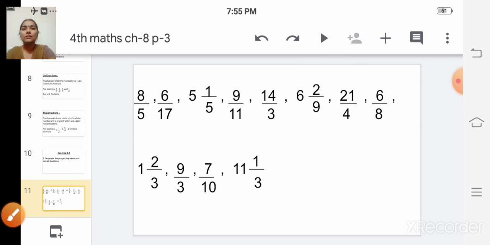And you have to write proper fractions. Below that you have to write these proper fractions from this given set of fractions. And you have to put mixed fractions, and write the mixed fractions from the given set of fractions. So you have to write it neatly. You can write it separately also. Children, just make a try on your own, otherwise you can check with your answers, and you can correct it.